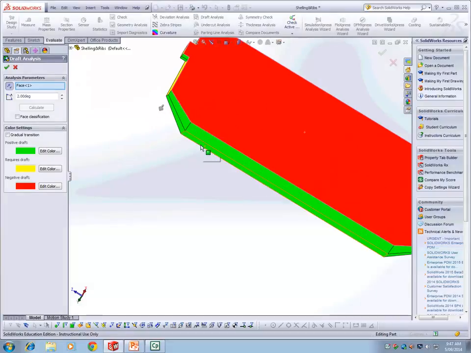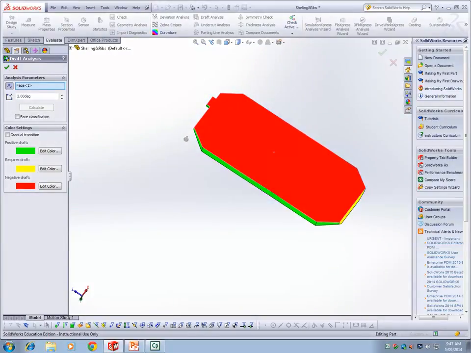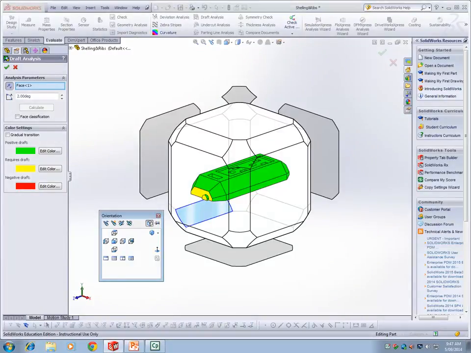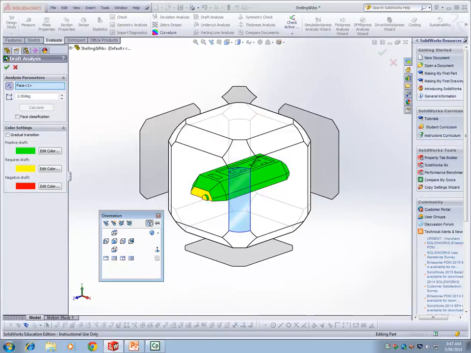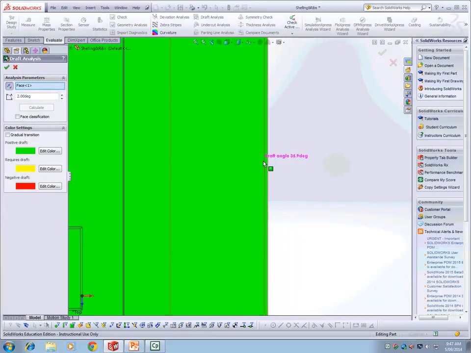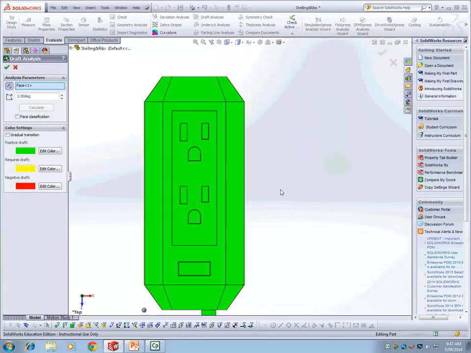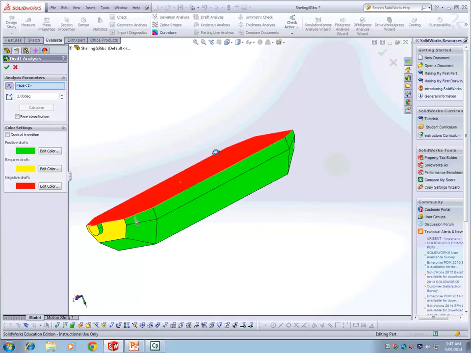Draft could also be used for any fits, for example. If you have a very close fit, some of these drafts, say for example, if you align this one also to a normal, it's very hard to see the edges. Say for example, if you try to do it from here, it's a very small draft, this edge and this edge, but when you have that needs to be made changes, so what you